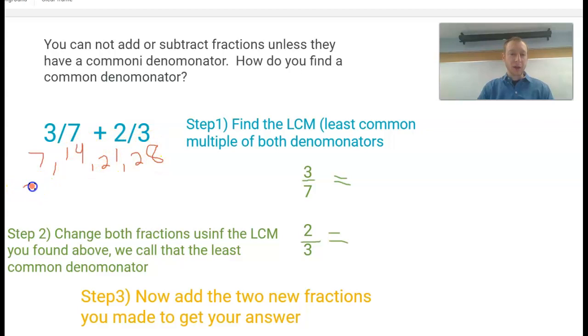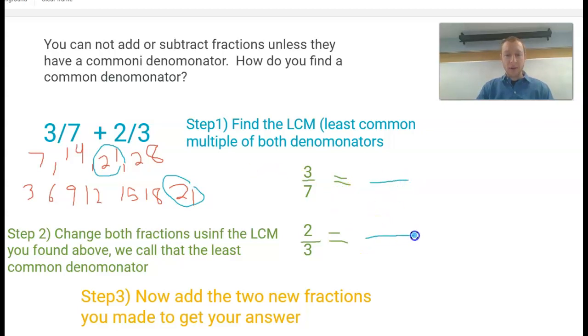What are the multiples of 3? 3, 6, 9, 12, 15, 18, 21, and I could keep going, right? But do we have a common multiple here? I believe we do. I believe it's 21, right? So 21 is the common multiple, okay? So that means that the denominator for both of these is going to be 21,